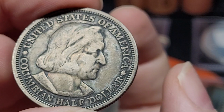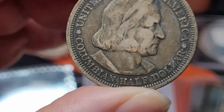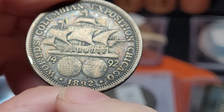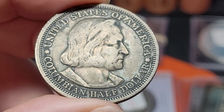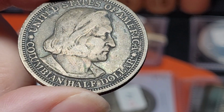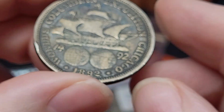So these are your Columbian half dollars. This is from the World's Columbian Exposition in Chicago. And this is the 1892 version. In 1892, only 950,000 were minted, so the 1892 is rare. The 1893, 1.5 million were minted. So those have less value. But I have one 1892,